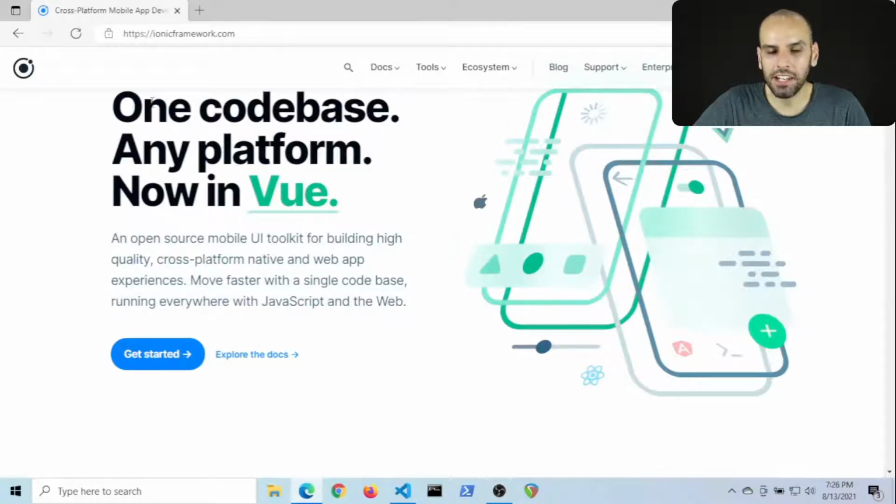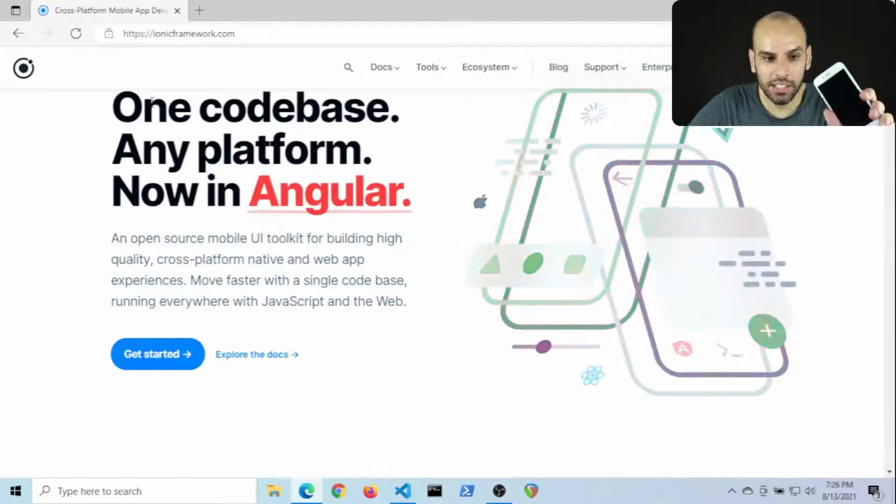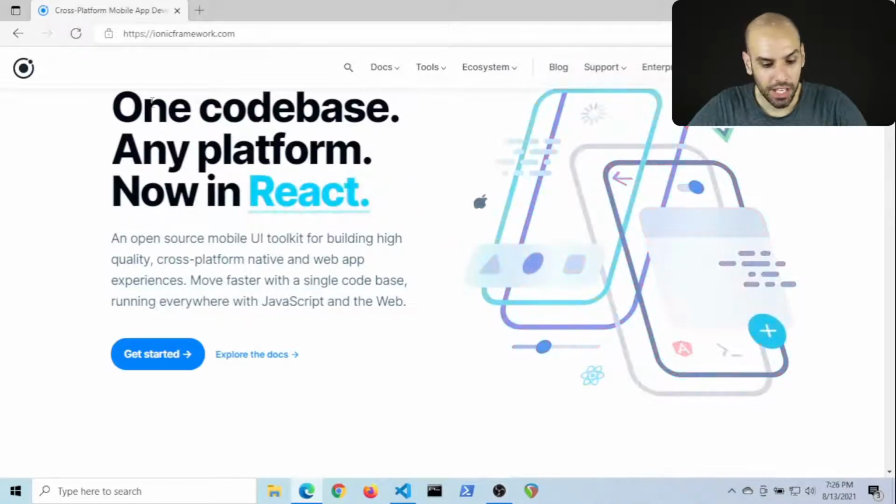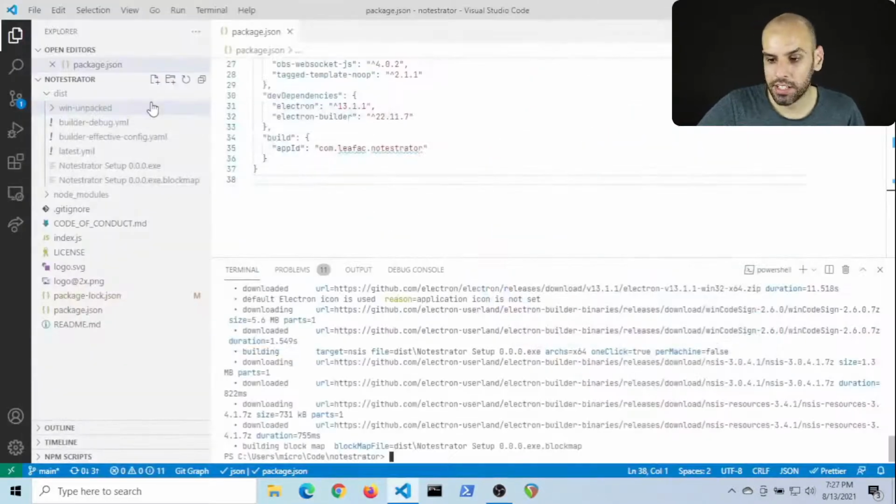I hate using them. I hate having them. I have one now. I didn't have a phone for 6 years. I was so happy back then. Having a phone is a nightmare. I hate developing for phones. I hope I never have to do that. So yeah, I'll close Ionic, I'll close Flutter, and I hope that I'll never look at them again.